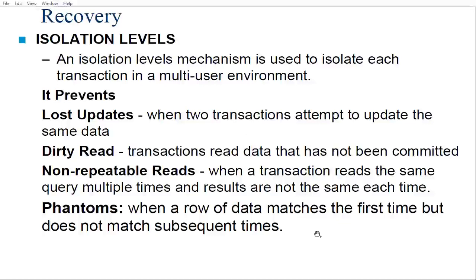The first time you execute the condition, the data matches, and then the very next time you come, the same condition does not match. So even if you repeatedly access the same set of data, the condition will not match there. If you meet this type of condition, then you can call it a phantom.